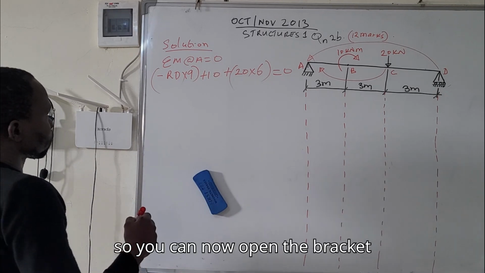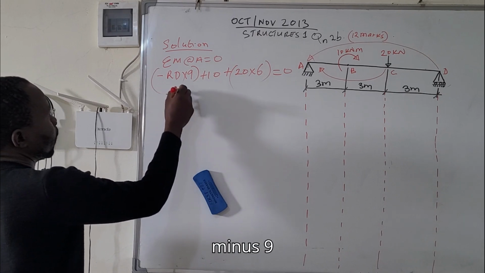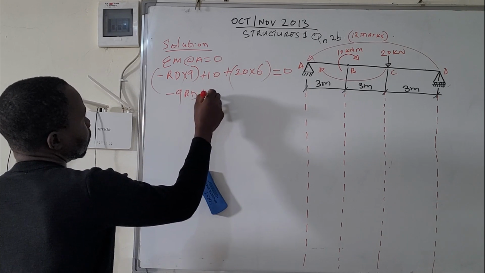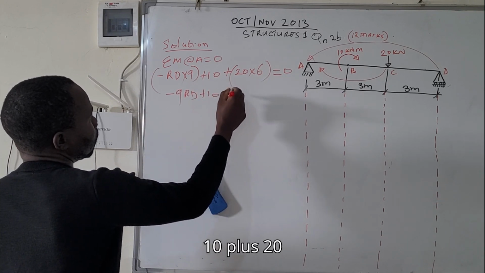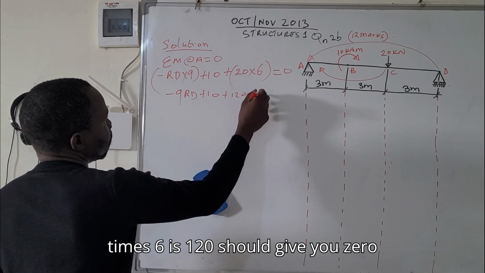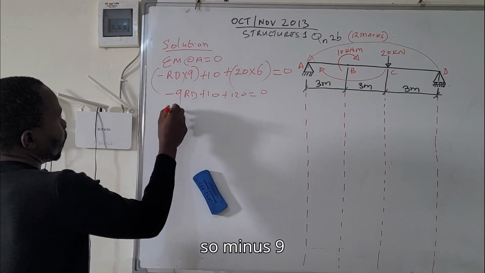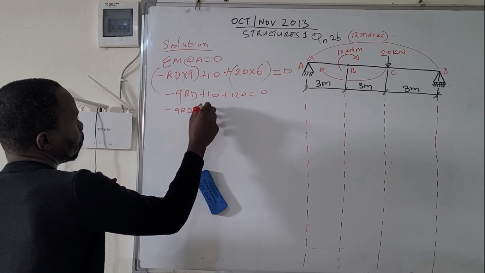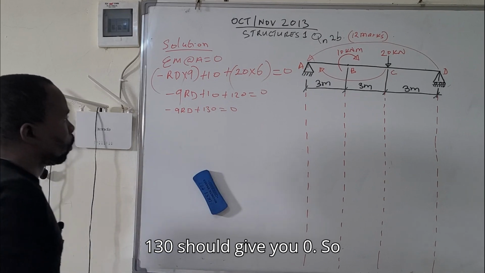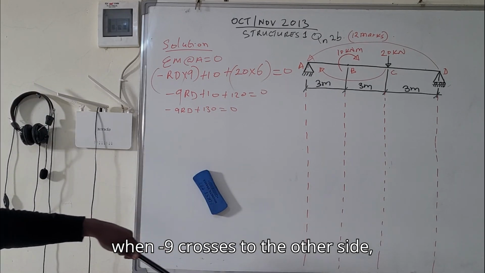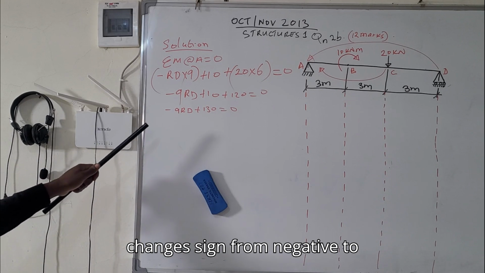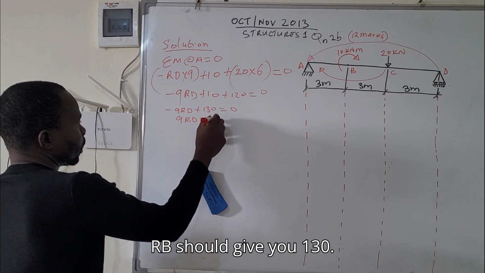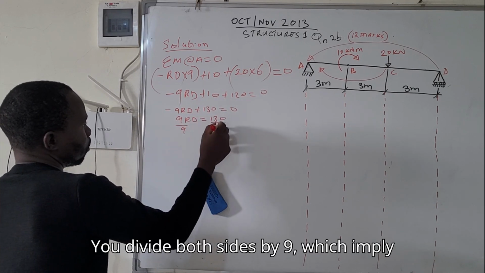So we can now open the bracket: minus 9 RB plus 10 plus 20 times 6, which is 120, should give you 0. So minus 9 RB plus 130 should give you 0. When negative 9 crosses to the other side, it changes sign from negative to positive. So 9 RB should give you 130. You divide both sides by 9, which implies